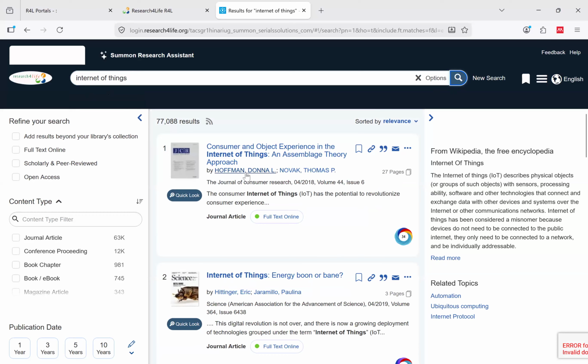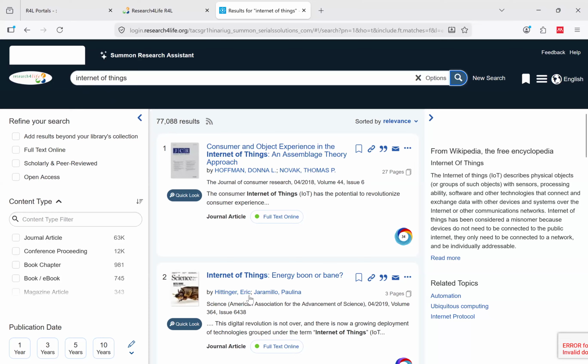So these are our results. Remember, Internet of Things is ICT. We mentioned technology for Adi, and we mentioned the different disciplines. So when I search Internet of Things, I'm from the ICT discipline, and you realize that I actually have content.